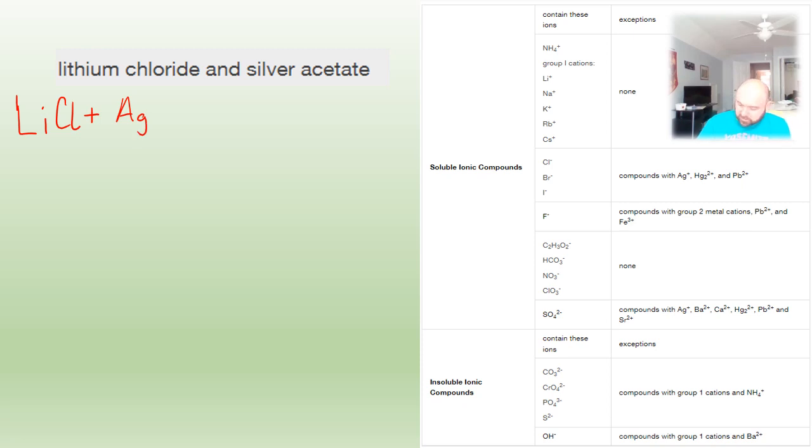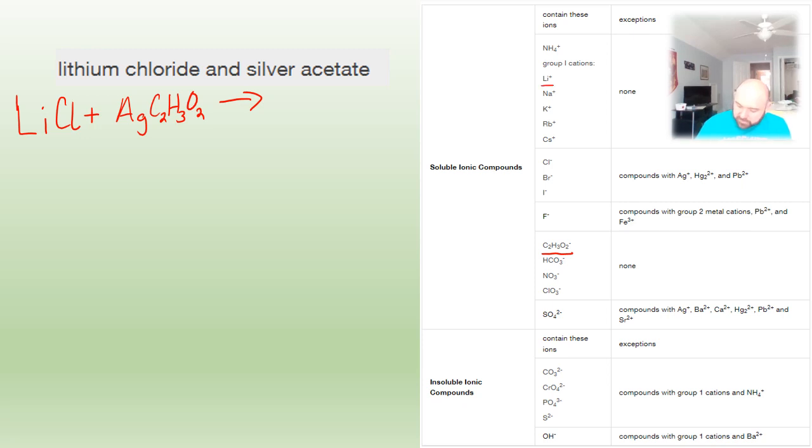Acetate is actually this guy right here, C2H3O2, and it has a -1 charge, so the silver acetate formula is AgC2H3O2. They would react to form as long as they are soluble. So if we check our table here, we see that